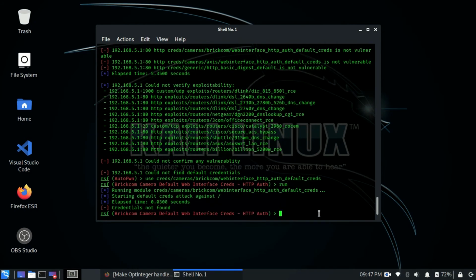As you can see, as I pressed enter, it says that credentials are not found. This is some sort of credential stealing exploit. So this exploit is not working on my router. In your case, if that particular exploit is working, then you will get some very useful information here.